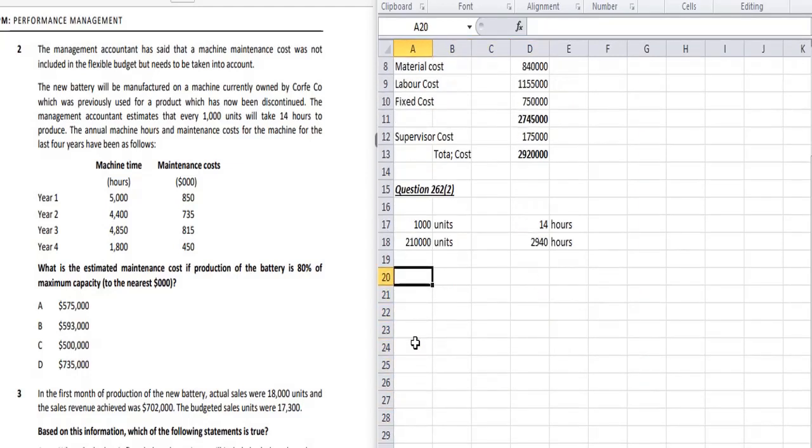I don't think the cost per hour will be constant for the maintenance cost. Let's check it out. 850,000 divided by 5,000 is 170. 450,000 divided by 1,800 is a different figure. So it's different, so obviously it's a semi-variable cost. Okay, so using the high-low method,